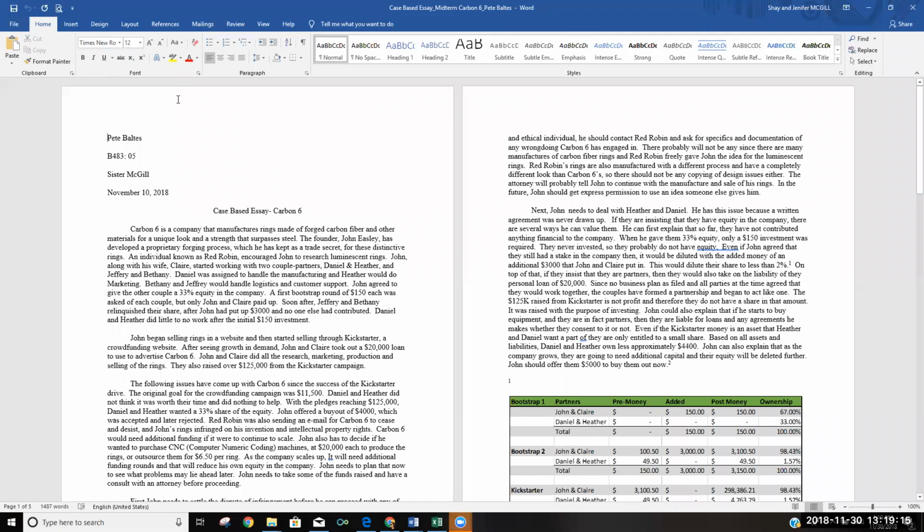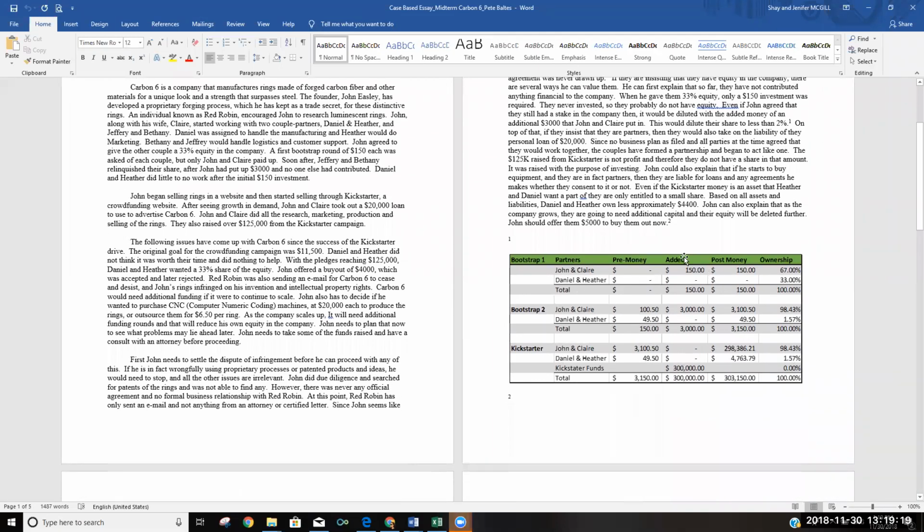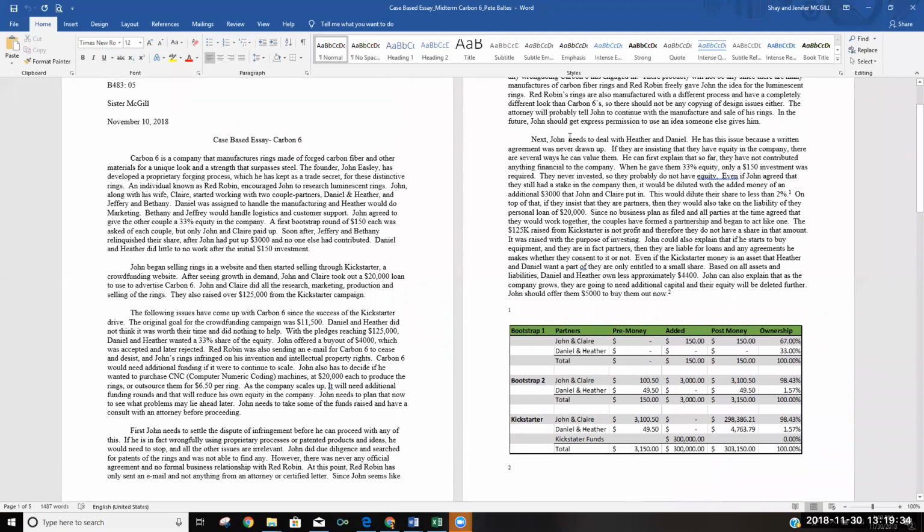One of the things I really like about Pete's papers is that he incorporates his exhibits right into them. So when I read the paragraph and find out what he's saying or recommending, he immediately supports it right here. For me, being a table lover, it's more intimidating to read this and extract information than to skip that whole paragraph, come down here, look at the table, and then go back to the paragraph.